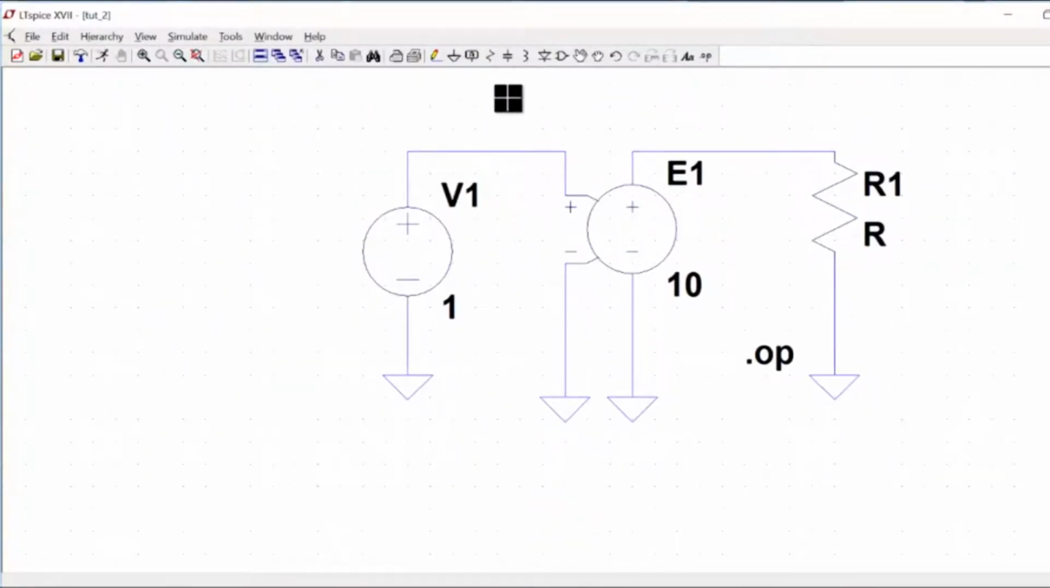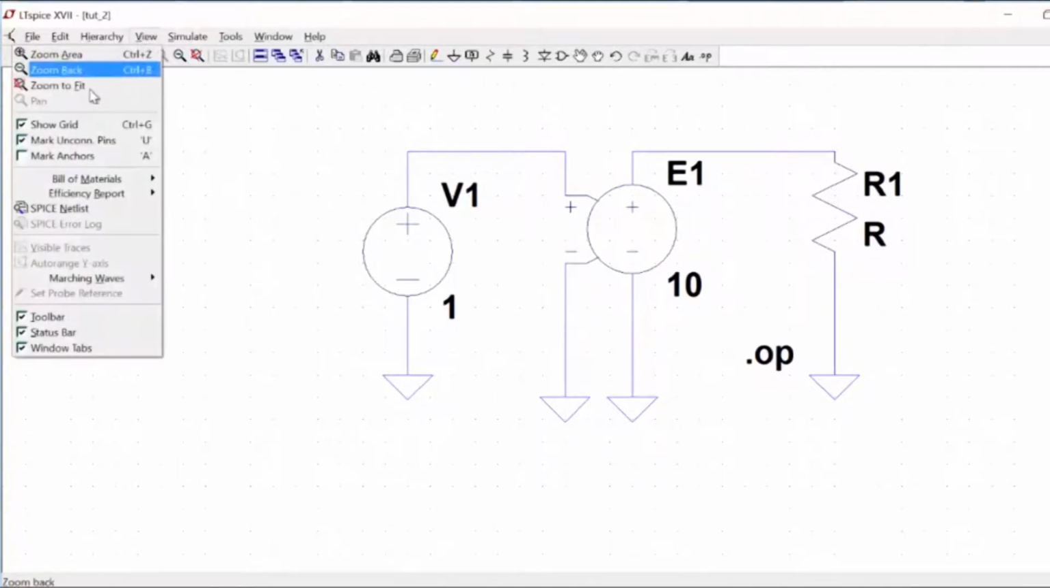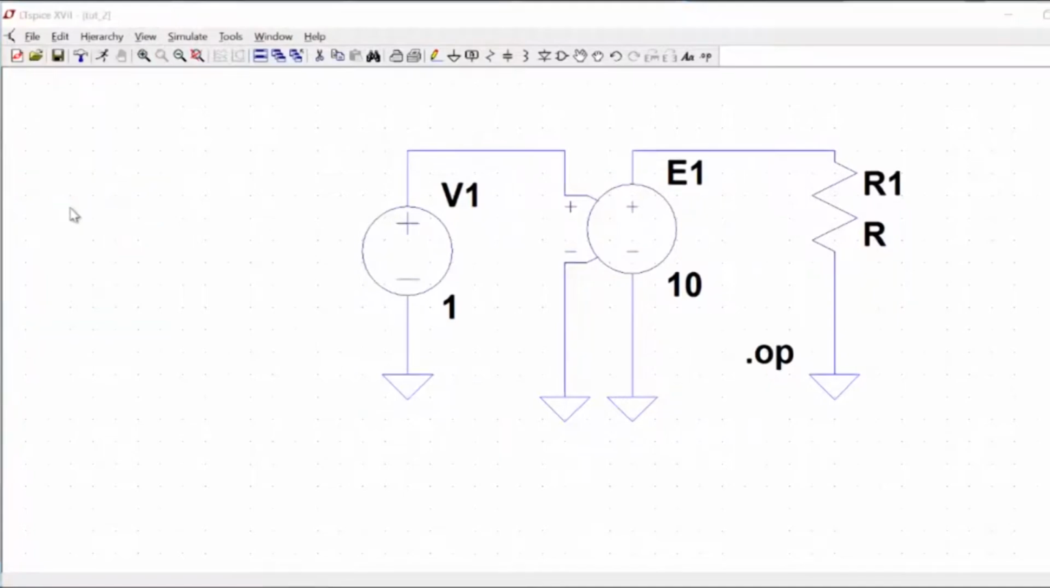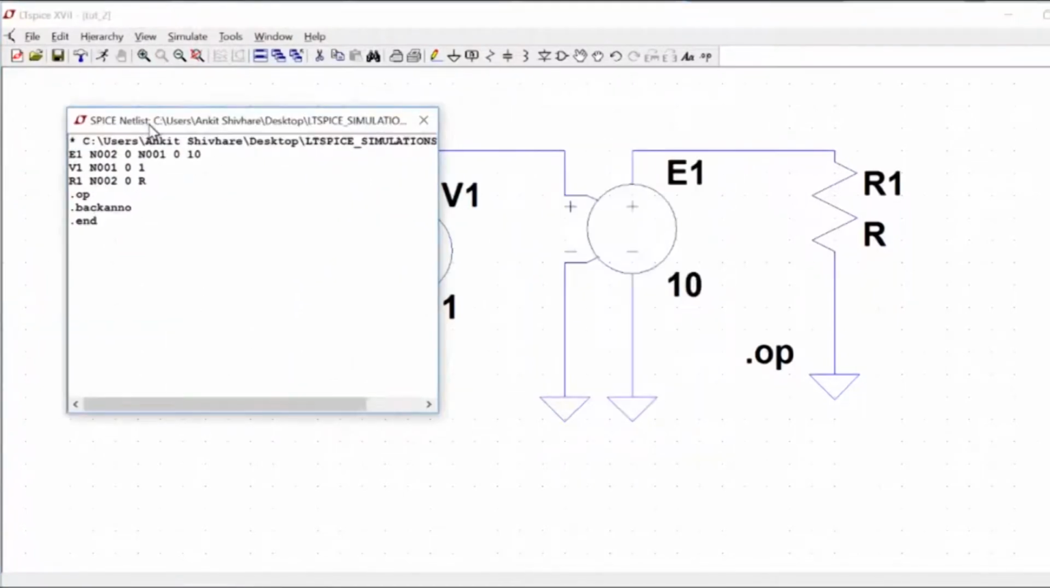Now I should see the netlist first, right? So view, and I can go to the SPICE netlist, how it looks. You can see E1 is there with N002, this is the net, and 0, N001, 0, 10. So these are four nets connected, right? One is ground, then N001, and then 0, and the value of the gain is